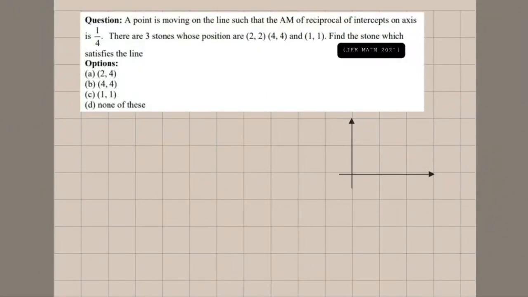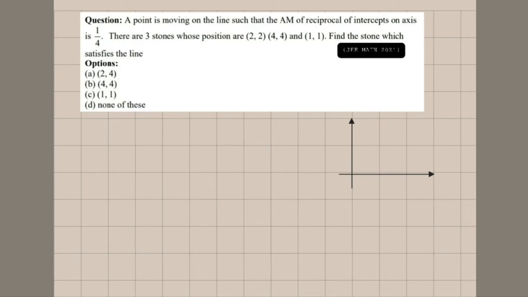We have seen enough, more than enough lectures on straight lines, which is required for JEE Main and Advanced. Today we will solve and see how to approach a problem in JEE Main and Advanced. I have sorted some problems which are completely related to straight lines and not interlinked with any other concepts, so that if you just watched my playlist of straight lines, you could solve these questions easily.